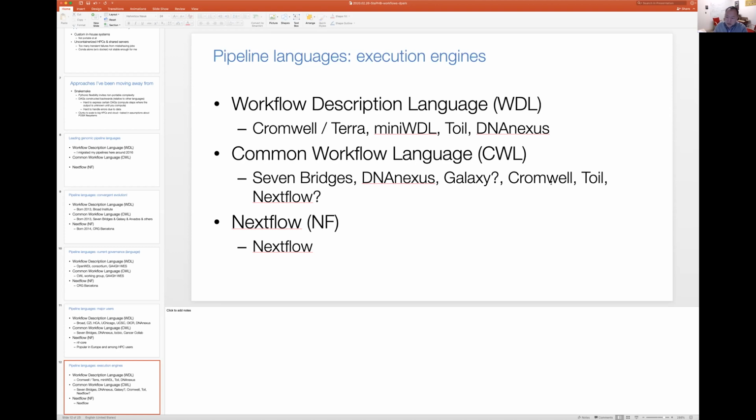The Broad's Cromwell software engine can also run CWLs. There is another tool called Toil that runs both WDLs and CWLs. There's a new tool called MiniWDL from CZI that runs WDLs. And I think, I'm not sure, and please correct me if I'm wrong, that the way to run Nextflows is using Nextflow's tools. I don't know if there are other commercial platforms or competing implementations of software for it. You just use the Nextflow engine to run your Nextflows. So anyway,